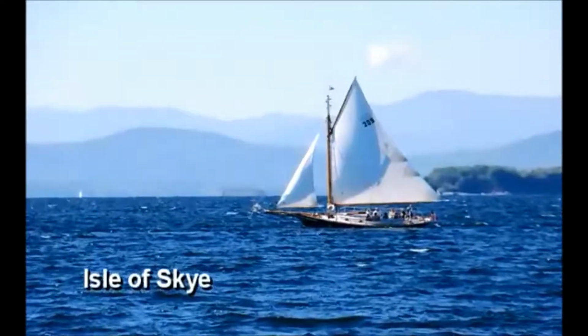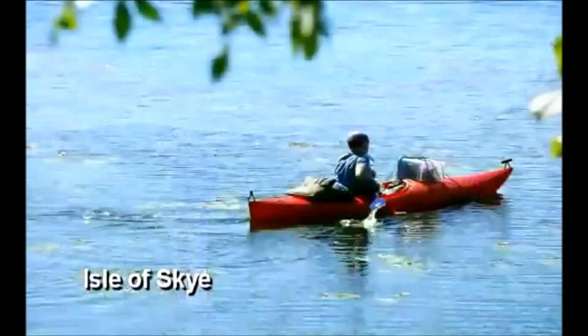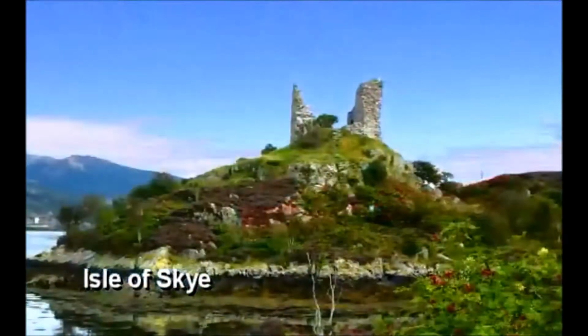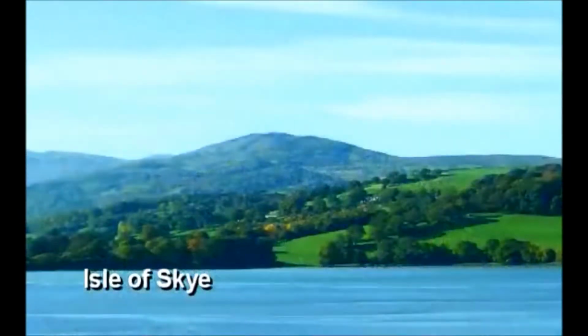However, if you are looking to take things a bit easier, you can choose from the gentler activities available locally, such as golf, fishing, or perhaps kayaking. But whatever your passion, you are sure to find it here, your very own Paradise Island on the west coast